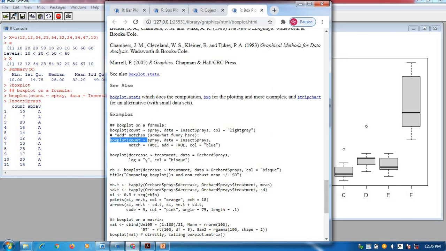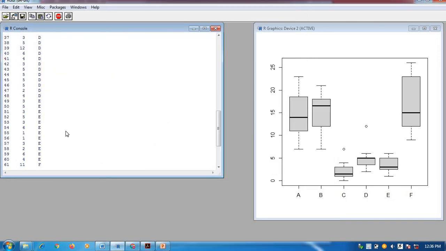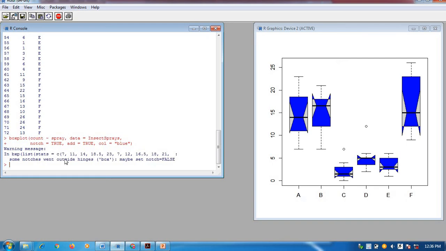See, notches. This is an inbuilt data set; like this there are many data sets. Here boxplot, count tilde spray, the same formula we have used, data is InsectSprays, notch equal to TRUE.